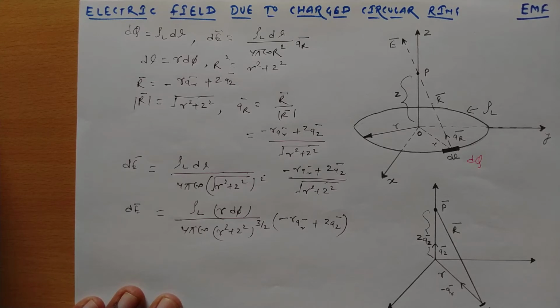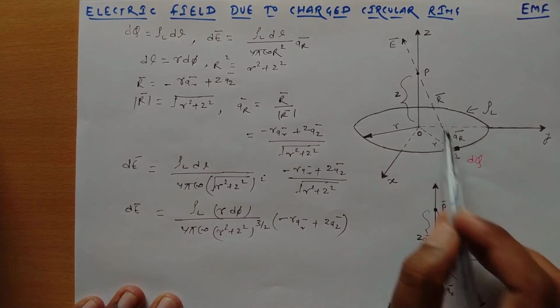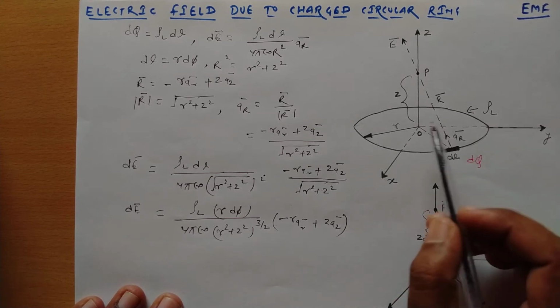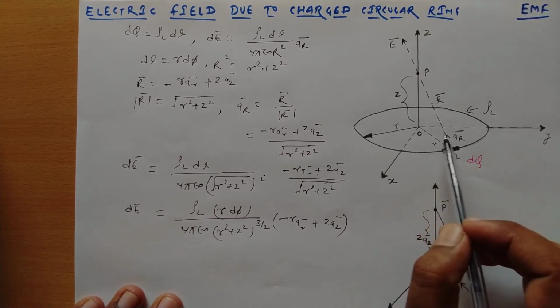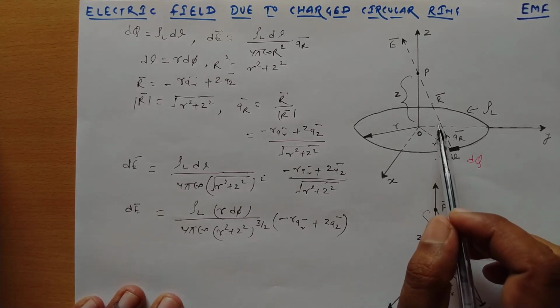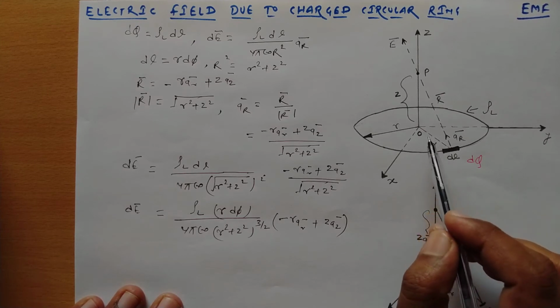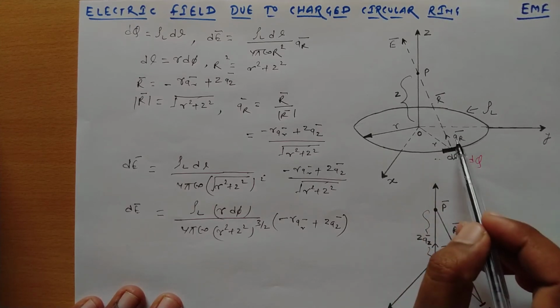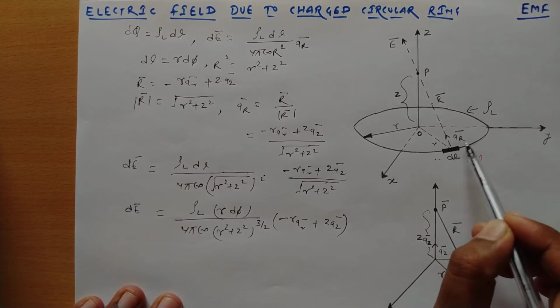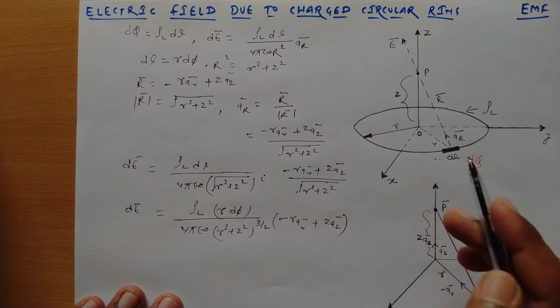So we'll get this expression. Now, the next point is that the radial component of the electric field at point P will be symmetrically placed in the plane parallel to the xy plane. So, symmetric to the xy plane, this is the xy plane here, we'll get its positive and negative components both, and they will cancel each other. So we'll not get any component in the radial direction. This aR component will be eliminated and we'll get only the aZ component, right?